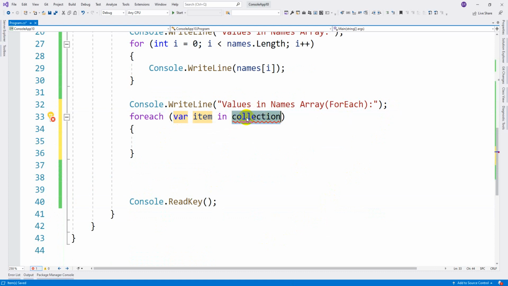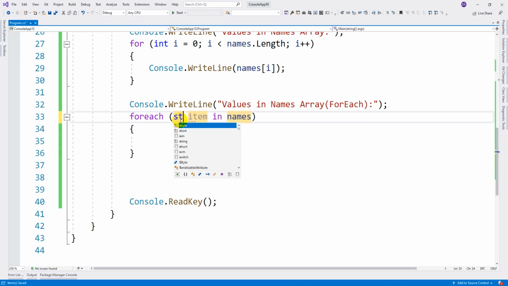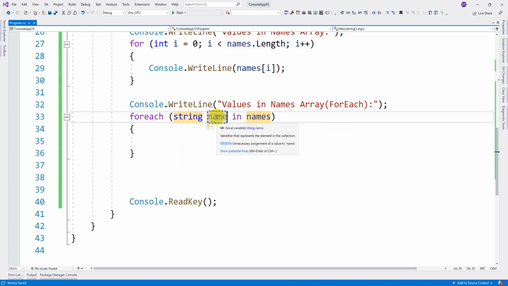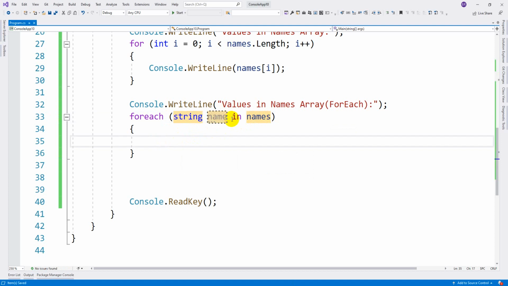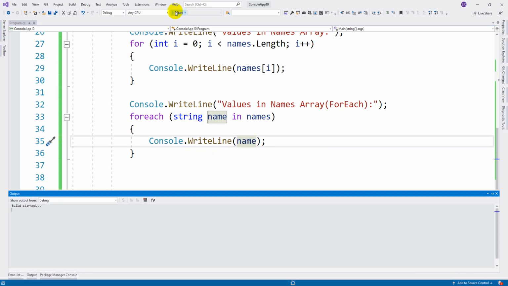So the collection here, the name is names. So names is of string array, right? So here you can take string, or else you can keep var also. So string name. So one name from this names array will be copied to this name iteratively. Those will be iterative. So we start with index itself in the background. So now you can print by using the console write line. So now you can execute once again.